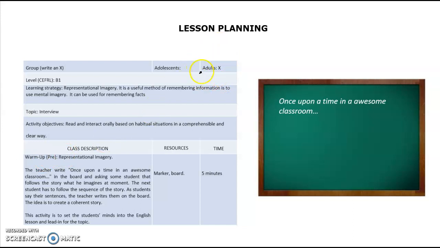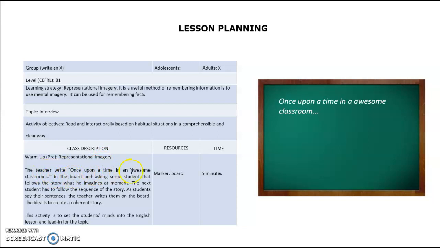This one is about adults. Okay, and this is addressed to pre-intermediate English students, B1. I think the topic is review. For the warming up activity, I think that representational imagery is the strategy,